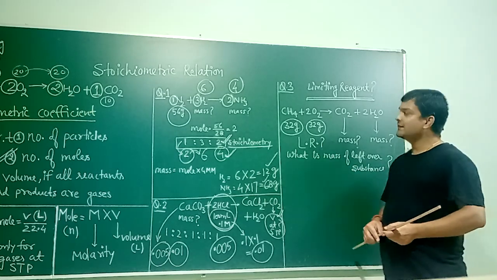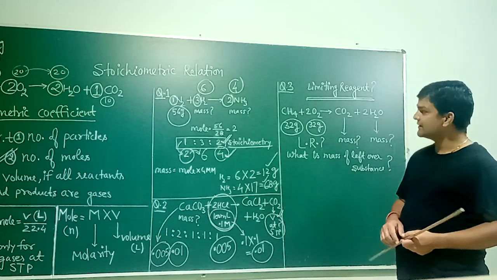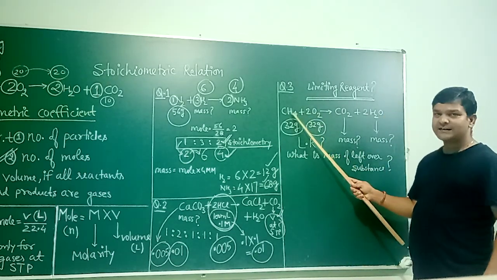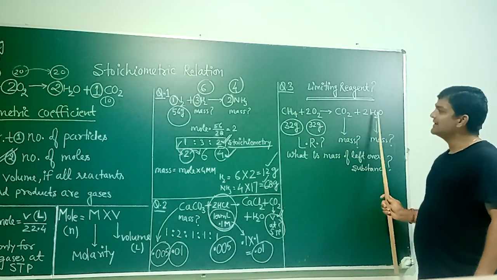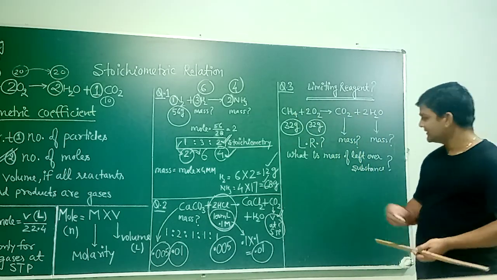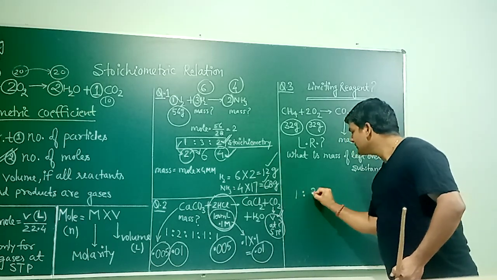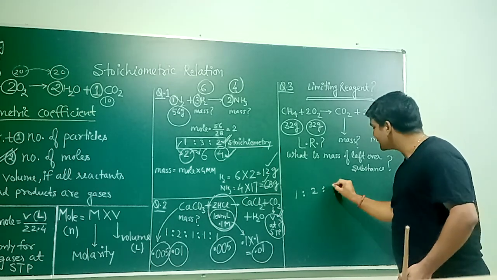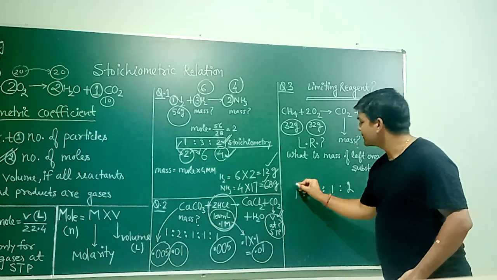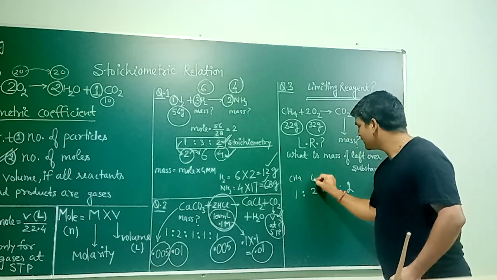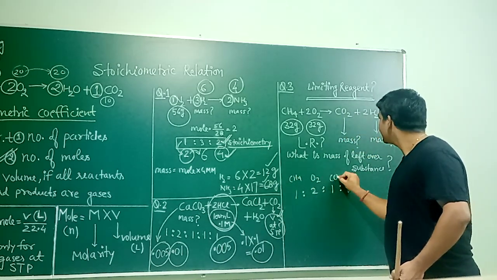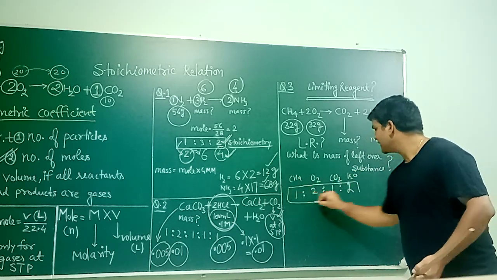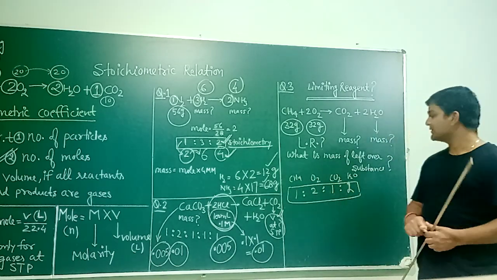Now what is meaning of limiting reagent? How can we find out limiting reagent? For this, look at here this question. Once again, it is combustion of methane to form carbon dioxide and water. The stoichiometric ratio you can see here, sorry, here as per balanced equation it is 1:2. This is for methane, this is for oxygen, this is for carbon dioxide, and this is for water. This is as per balanced chemical equation. The ratio is 1:2, 1:2.